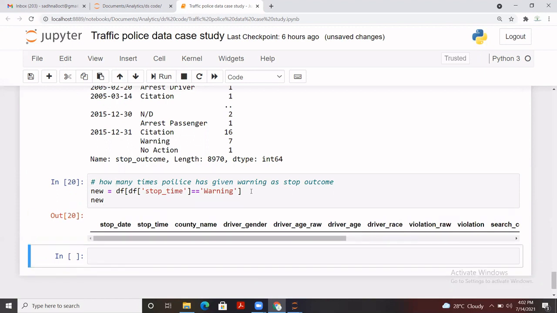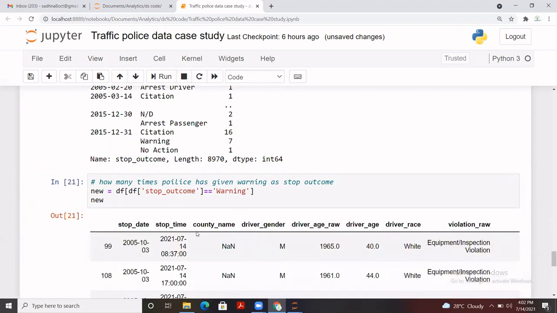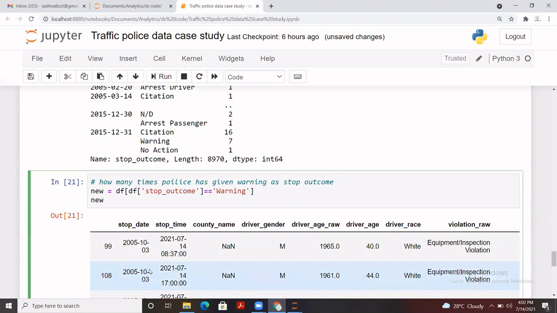If I call it, no value is there, because for warning, it should be stop outcome, not time. That column should be stop outcome. Okay, yes. Let's give it a name like warning data.